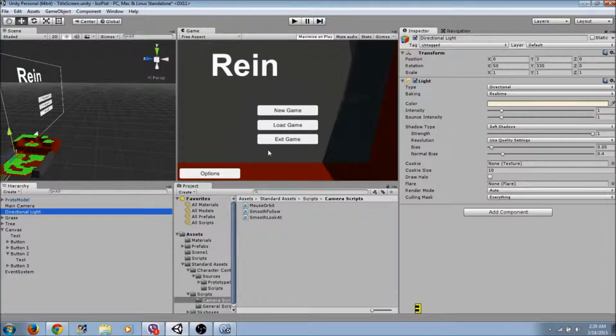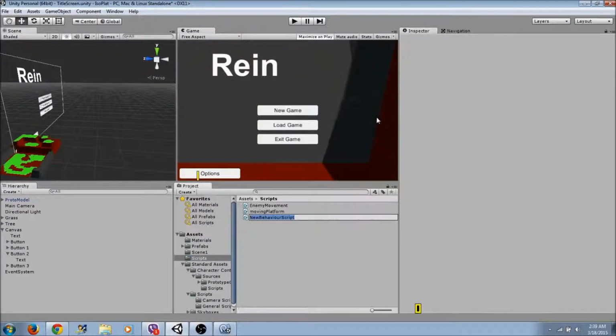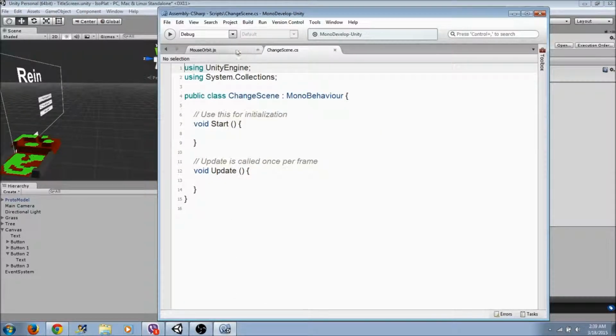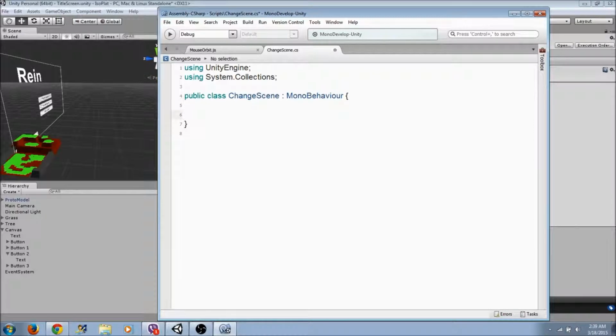Okay, so yeah, so let's go on to input. Let's see if we can. It's not a lot to do. So on event system, let's go to scripts. Create C#. We're gonna call it change scene. All right, so we're gonna go to change scene. Double click that. Get mouse over it here and change scene. Let's delete these and